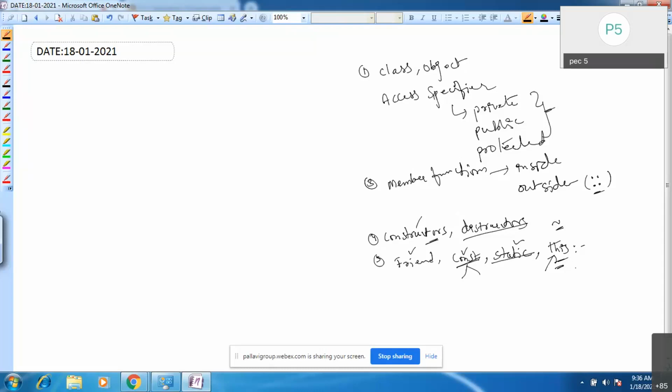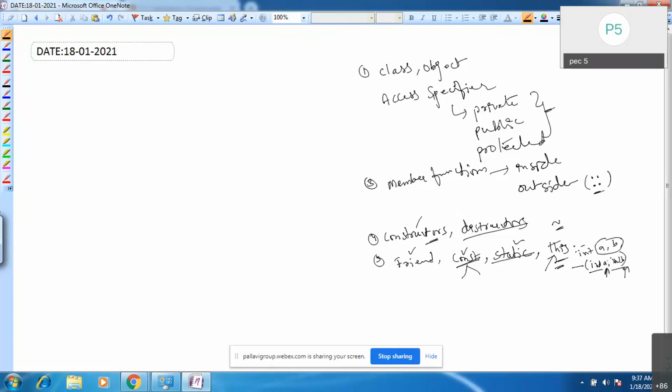For example, you have one member function that is expecting two parameters, int a, int b. In your class you have the same data members, int a, b. In this case, this function has the local variables a and b, and members also a and b.